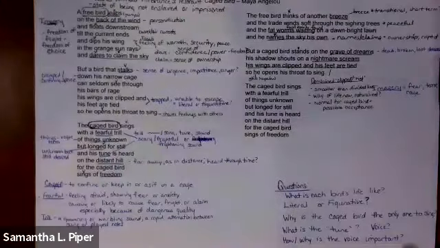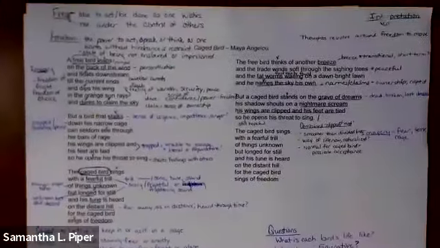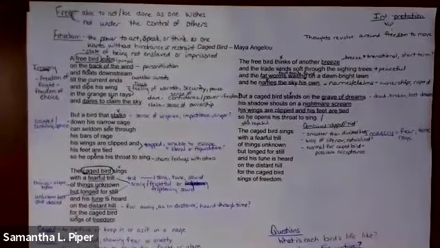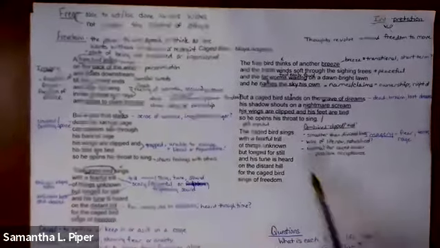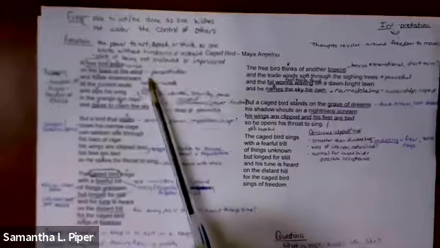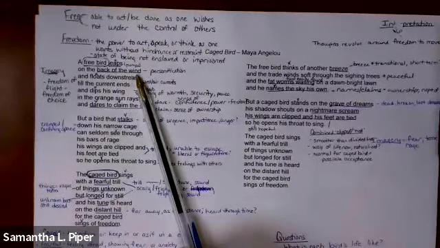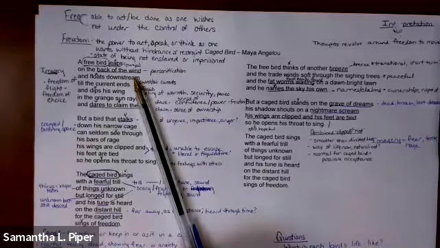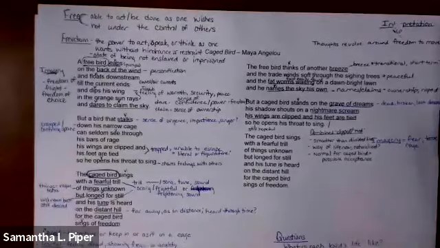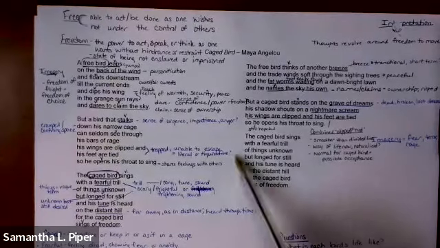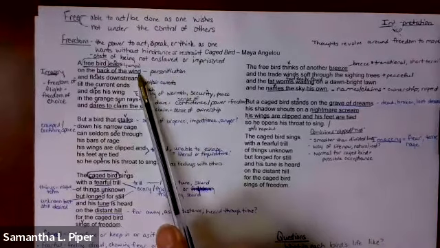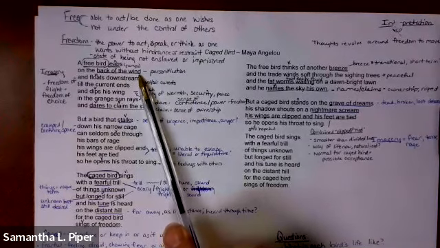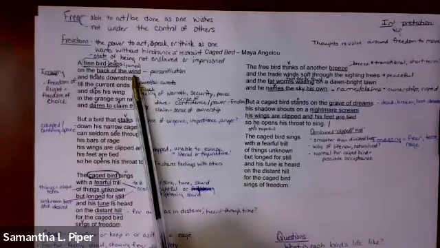Now, I've also got some interpretation notes, and I've labeled it interpretation up here. So I still have those definitions that we just talked about, but what I have done here is look a little bit deeper into the context of the poem, like leaping on the back of the wind. Okay, the wind doesn't really have a back, but we can imagine a bird taking flight and leaping into the air. So it's personifying the wind, giving those human characteristic traits to something that is not human.